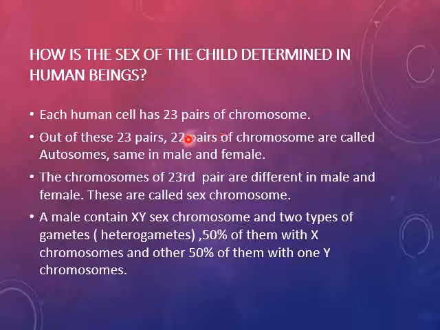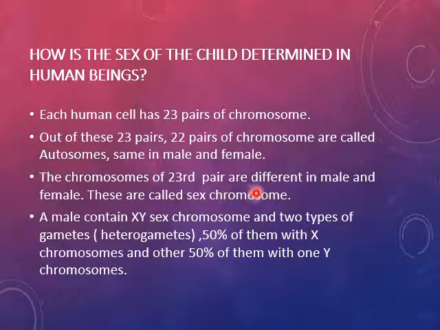Out of these 23 pairs, 22 pairs of chromosomes are called autosomes. Autosomes are the same in male and female, and they are responsible for the growth and development of a child. The chromosomes of the 23rd pair are different in the male and the female,